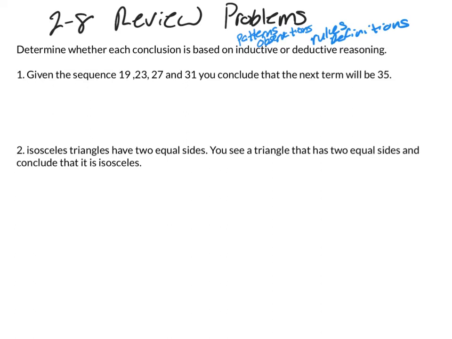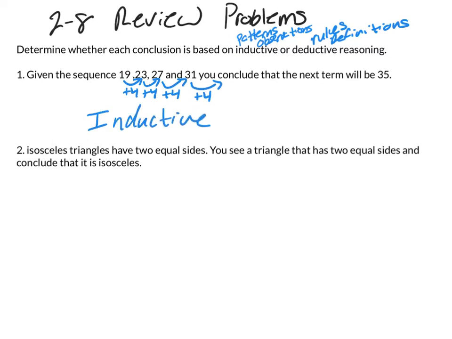Given the sequence 19, 23, 27, and 31, you conclude that your next term will be 35. So I look at this sequence and I observe that each time I move to the next number, I am adding 4. So I say, okay, well, I think that the next time I'm going to continue this and add 4. So this is an observation of a pattern. This is going to be inductive